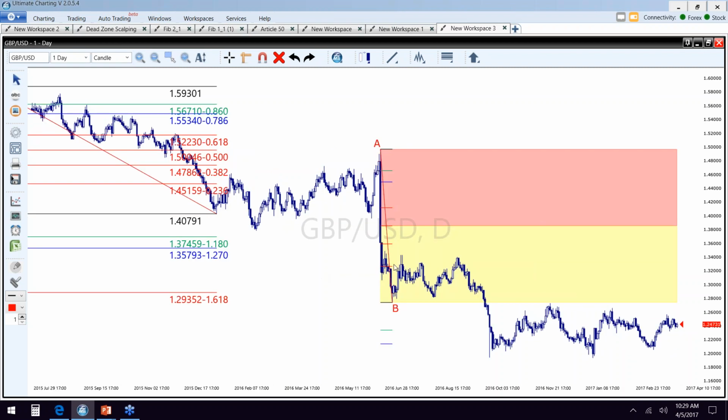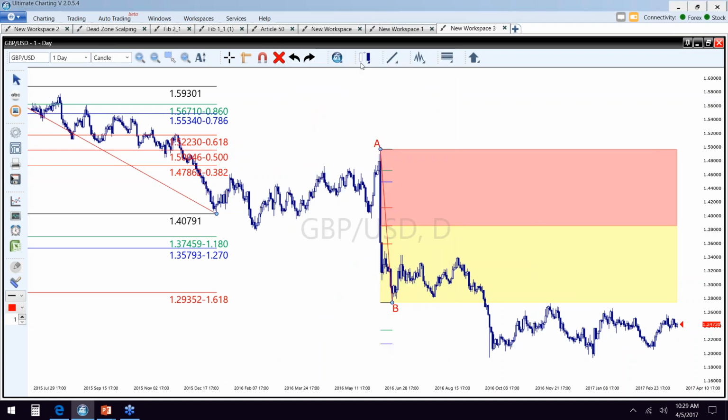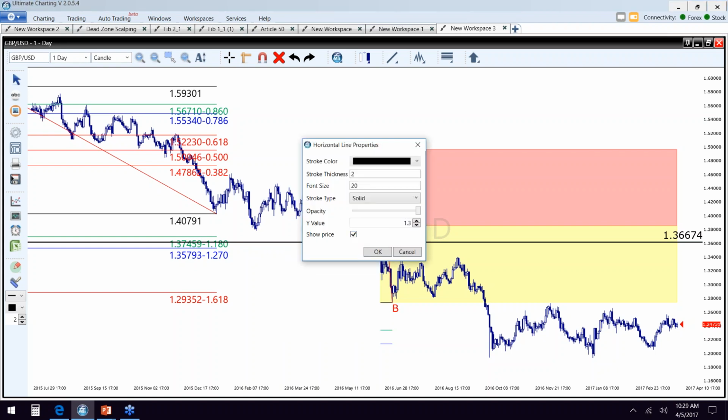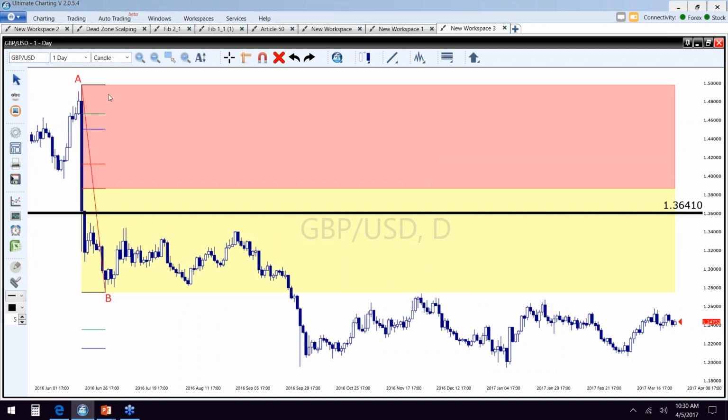Okay, so this level here is a level that I've been talking about for a while, and it's one that you're going to want to remember and pay attention to. 136.41. Now that's way up there. The reason why this is an interesting level is because we have this down AB. This was formed during Brexit. It's a long-term down AB. But we haven't put in a 382 retracement. There's something very interesting about this level in the short time frame too, and I'll show you that. But if I'm looking at this picture here with the addition of this right here,